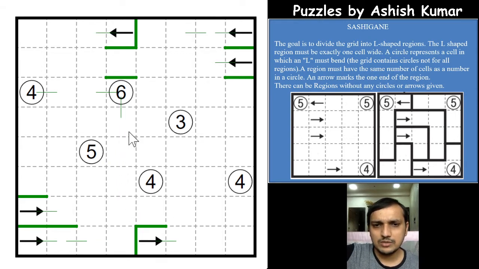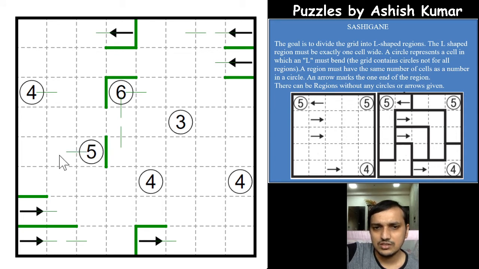So both times we concluded that both the one cell regions near the 6 cannot be part of the 6 for an L shape. So we extend this way. The same logic which we applied here: if this is stopped here, you have 5 cells extending towards the end and forming a 6 cell region, then this region won't form an L. If this region forms an L here, this region will be stranded and doesn't form an L. So one of these two regions won't form an L. So it has to extend this way, which makes us mark this thick line between the 5 and the 6 region.